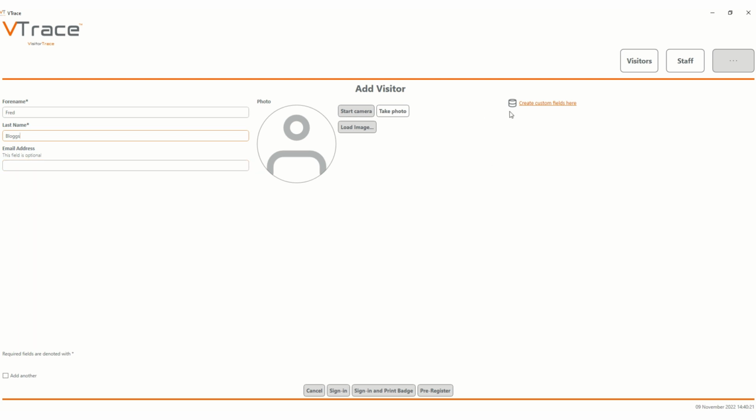You can set whether it's required or just an option in here, and you can also do it within settings. But in the simplest terms, I can either sign them in or I can pre-register them. So if I know someone's coming tomorrow, what I could do is put their email address in there. I'll tell you what, I'll do it with myself. If we go,